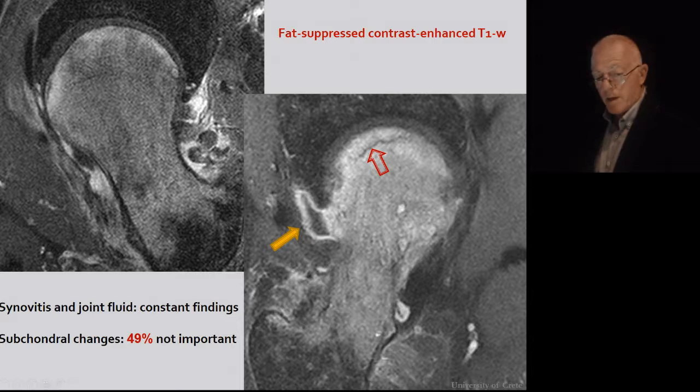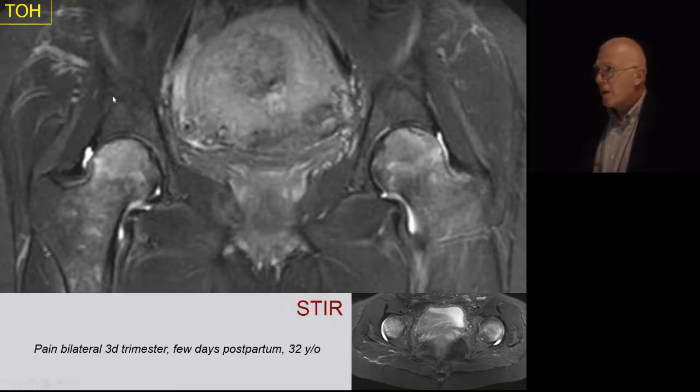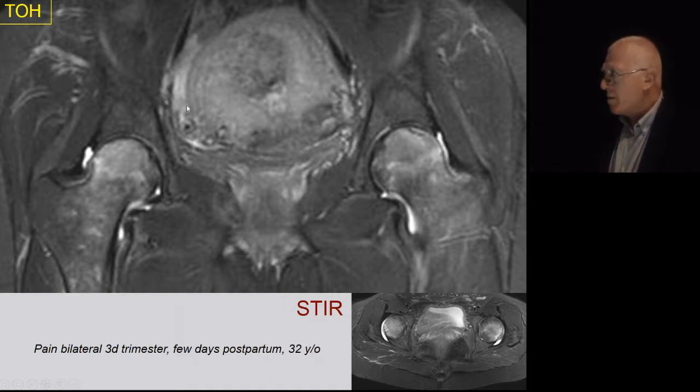Here, this is homogeneous enhancement. Bilateral demonstration of bone marrow edema almost always occurs in pregnant women or in women right after delivery. I've seen only one case in a young adult man with bilateral transient osteoporosis. Here we see bone marrow edema on the right side, bone marrow edema on the left side, also a small insufficiency fracture in the subarticular area. You see the enlarged uterus right after delivery.